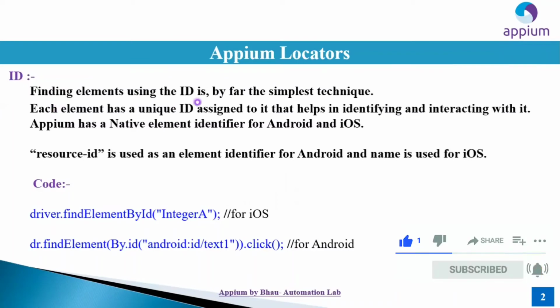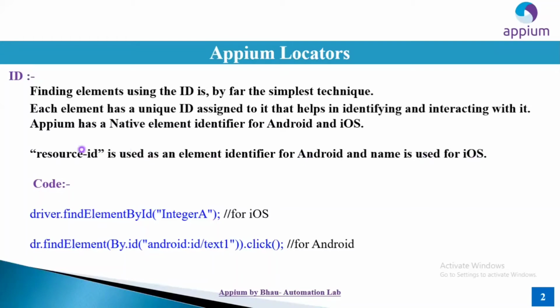Finding the elements using the ID is by far the simplest technique. Each element has a unique ID assigned to it that helps in identifying and interacting with it. Appium has a native element identifier for Android and iOS. The resource ID is used as an element identifier for Android. As we have seen, the attribute resource ID is used for identifying the element in Android as ID, and for iOS, name is used